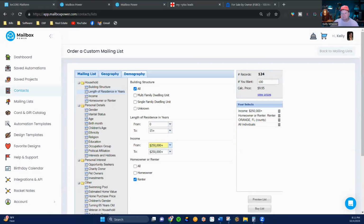So here I am, guys, on my Mailbox Power direct mail. And no, I'm not talking about direct mail today per se, but I'm going to show you a really cool strategy. Inside of Mailbox Power, I can actually use the software to go find buyers. What I did is I told the mailing list generator I am looking for everybody that is a renter in Orange County, Florida, that makes $250,000 or more per year. And out of 600,000 plus people that live in Orange County, Florida, this software says it has identified